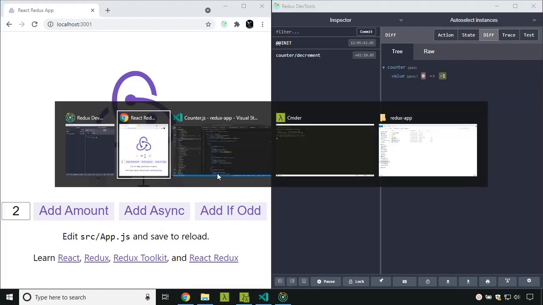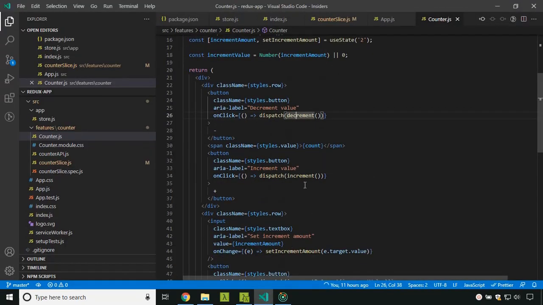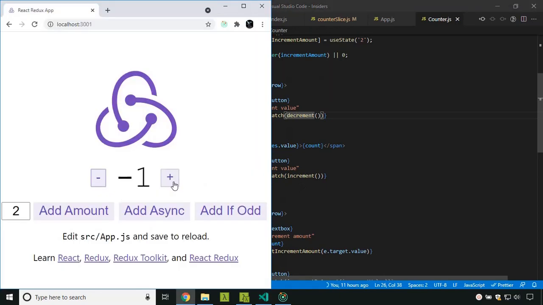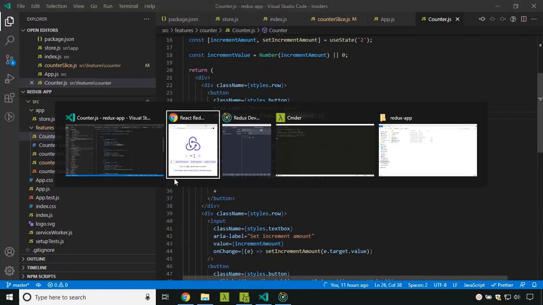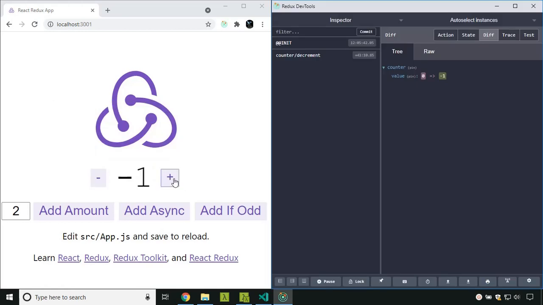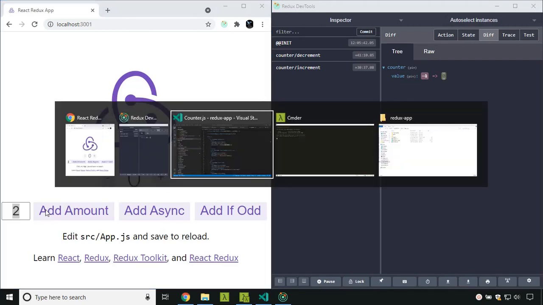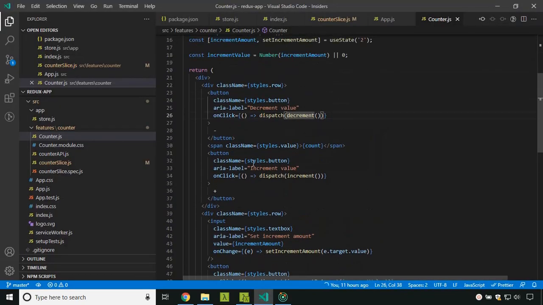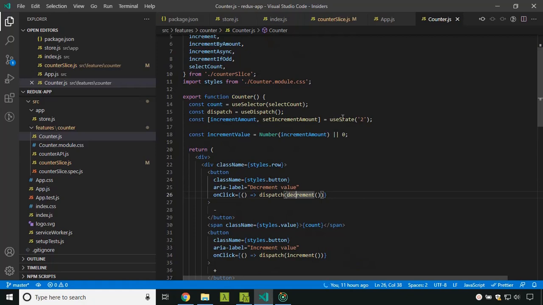Similarly, we have the increment which again adds the value. Let's press the plus icon. Now you can see that a different action is dispatched and it increments the value. Similarly, we have the add amount as well, which we saw earlier. Here we have given the value. We are internally making use of useState, and the initial value is 2.